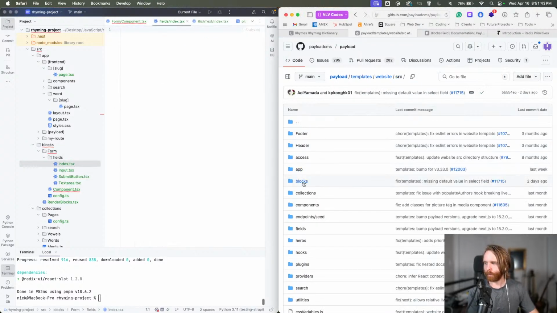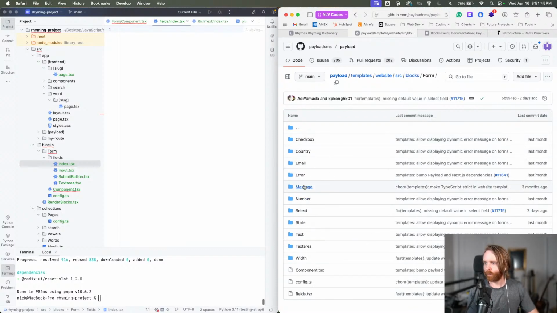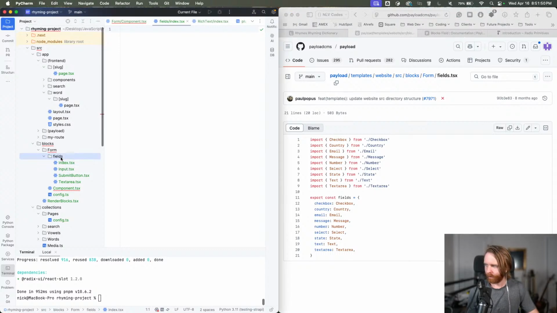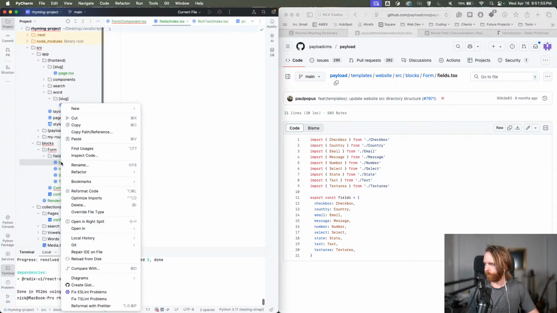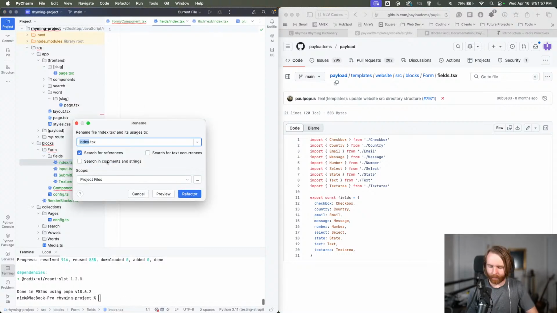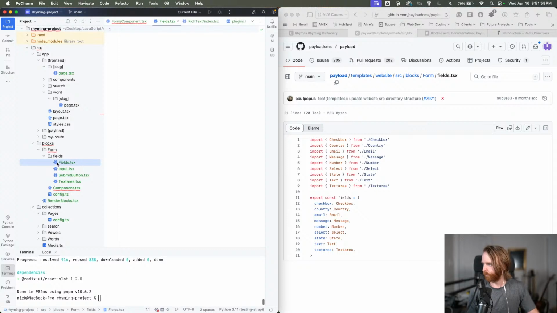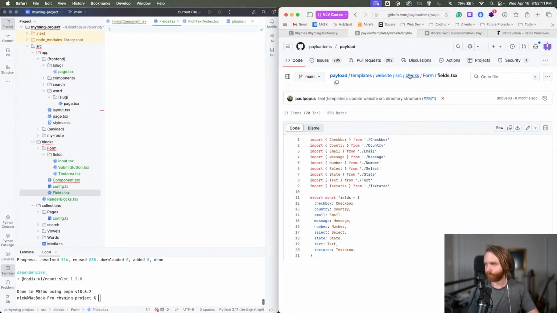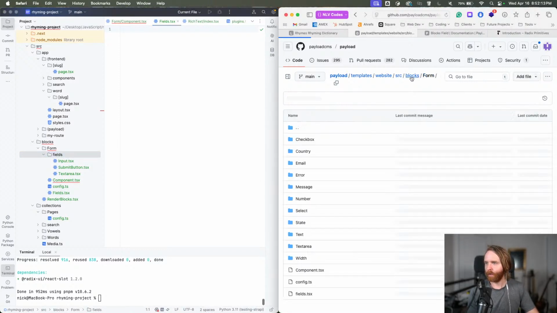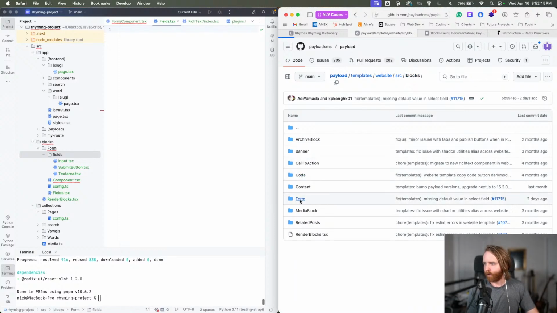We go to our source, we go to our blocks, we go to our form, we go to our, oh, they just do fields.tsx outside. So let's do that instead. We can call this one rename fields. Bam. Then in fields we can, here we need to do a few things. All right. So before we're done here, we can go back to our form block,